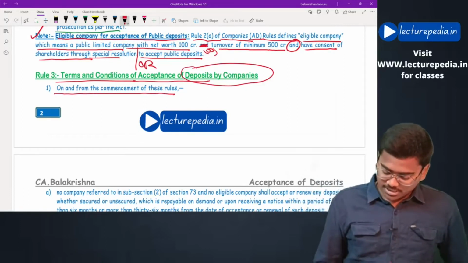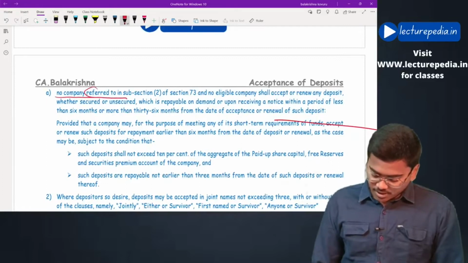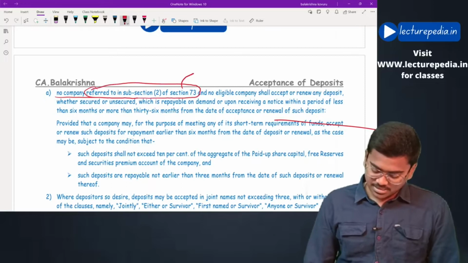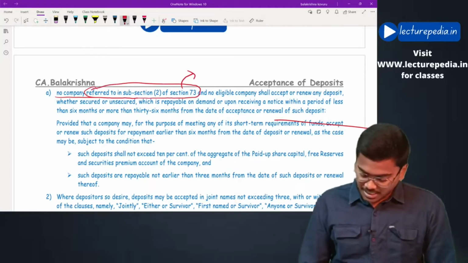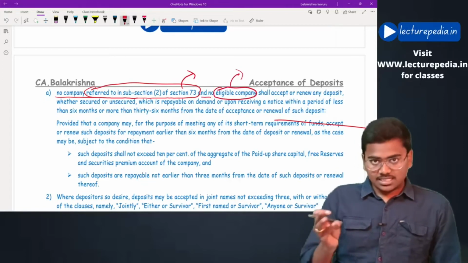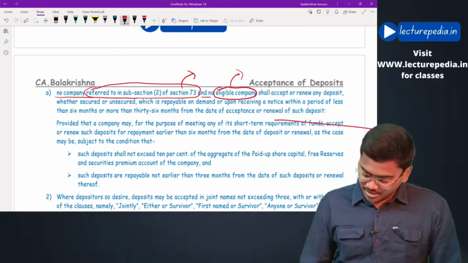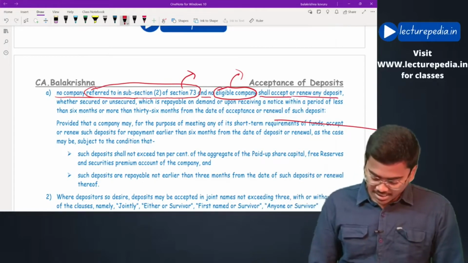On and from commencement of these rules, no company referred to in subsection 2 of section 73, that means non-eligible companies, and no eligible company, either eligible company or non-eligible company, both companies shall accept or renew any deposit,